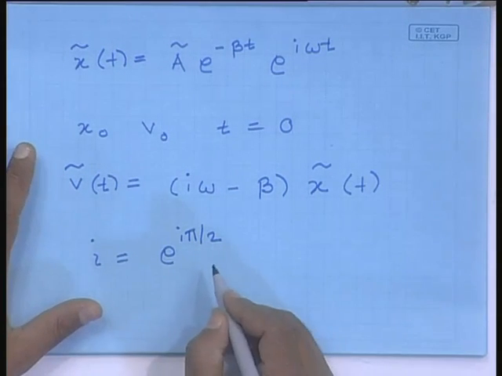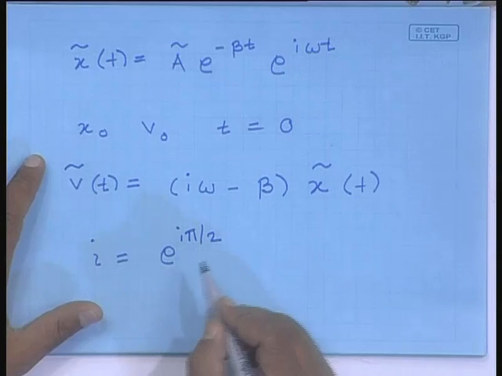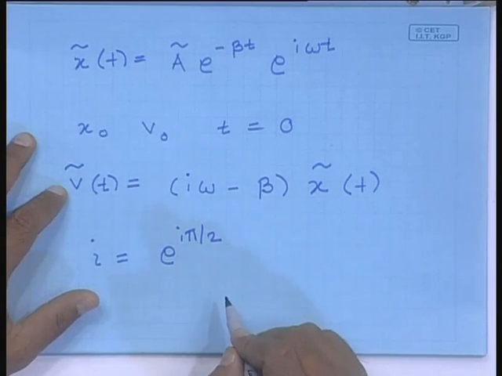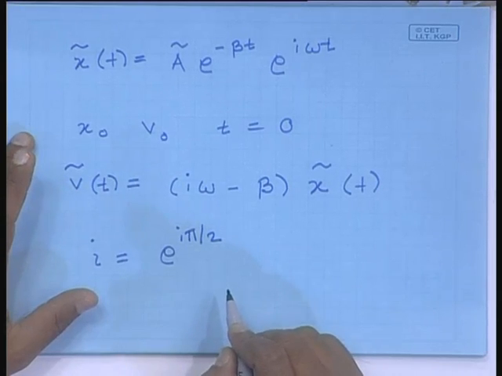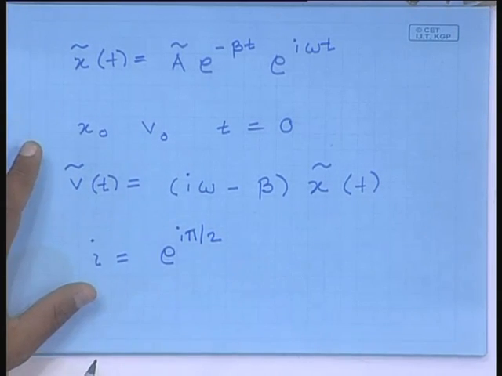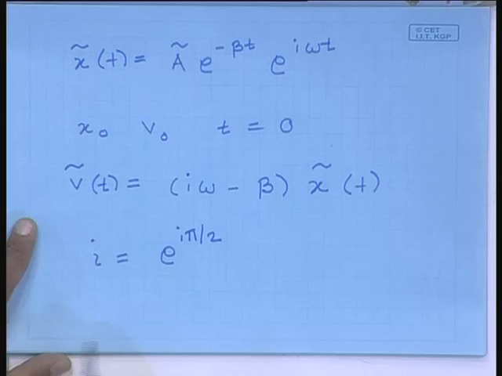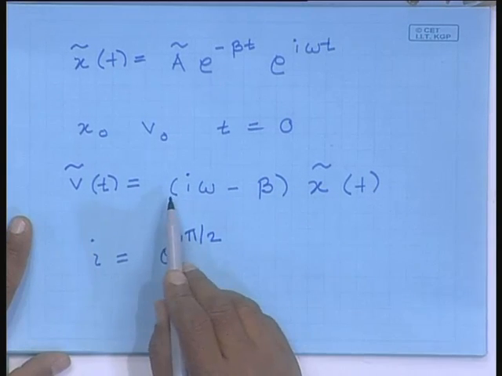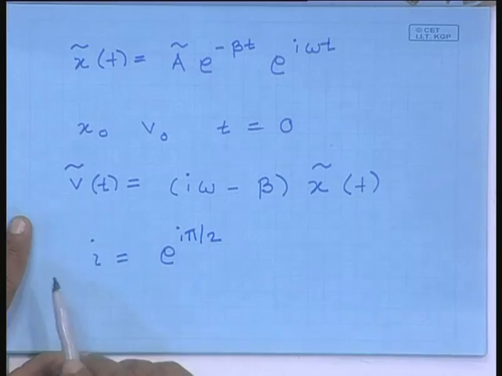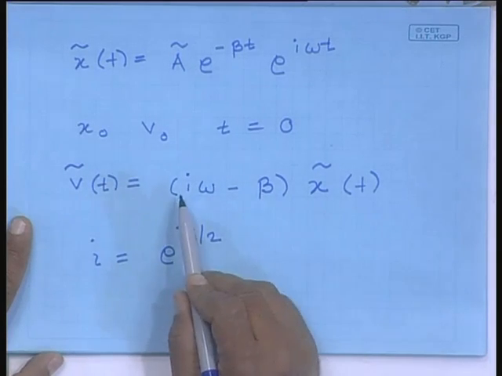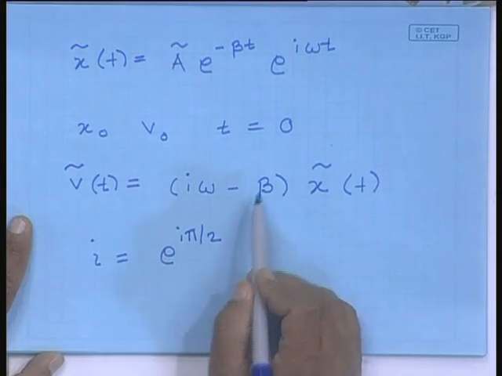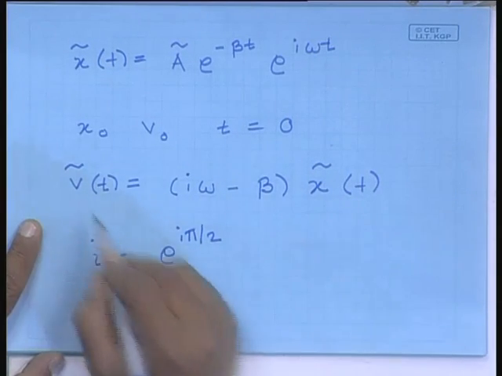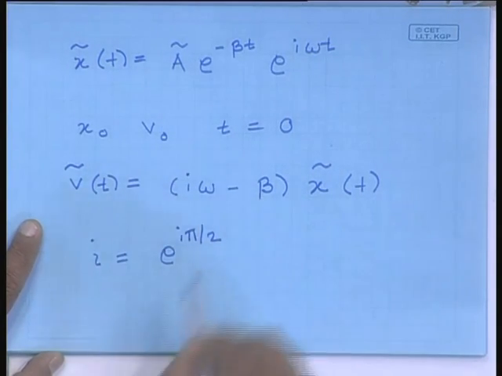So, for an undamped oscillator, the position and the velocity, these two variables, both oscillate at the same frequency, but these oscillations are pi by 2 out of phase. Now, this changes the moment you have damping. The moment you have damping, x tilde is no longer multiplied by just an imaginary number to give the velocity, it is multiplied by a complex number which has both a real part and an imaginary part. And so, the complex number with which x tilde is multiplied to give the velocity is i omega minus beta.